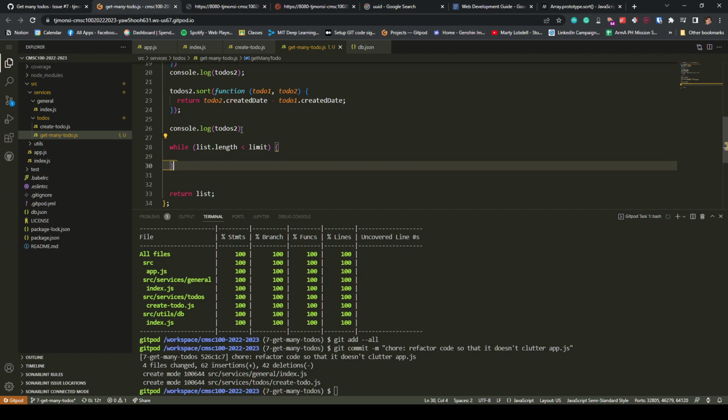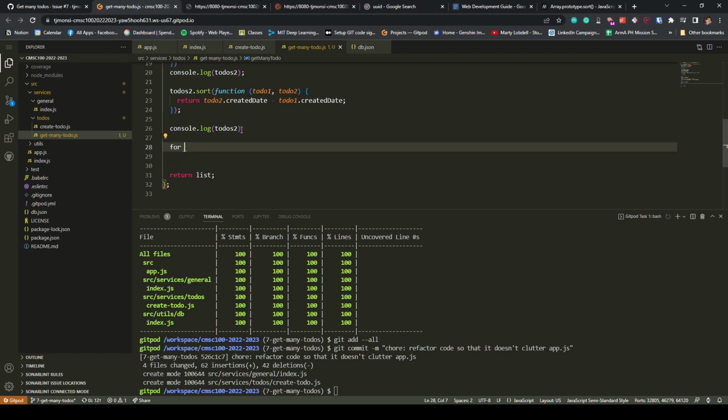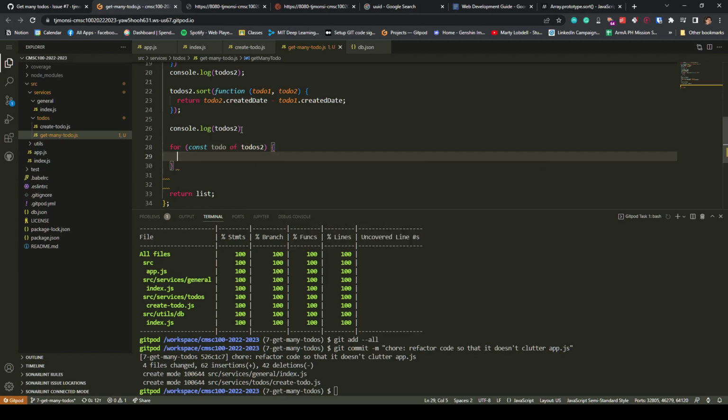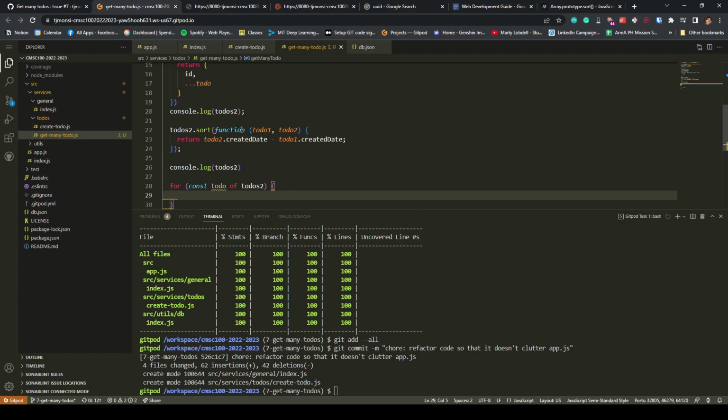Wait, I don't know what is better. Hmm, I'll just use this. It's not the best setup, but let's just do this. So to-dos 2. So we're going through the array of the to-dos,